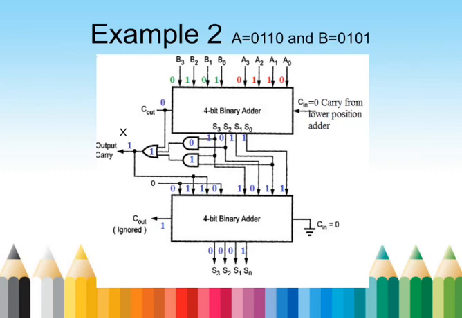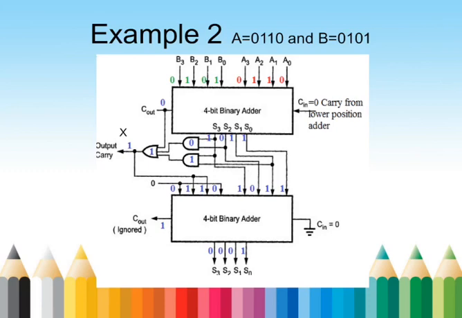So we convert this invalid BCD into a valid BCD by adding 0110 in the second 4-bit binary adder. Then it produces the sum output 0001 and the carry output Cout is 1. Generally, the second carry output is ignored. So the obtained sum output is 0001 and its decimal equivalent is 1. Yes, it is less than 9. Hence, the obtained output is in valid BCD form.